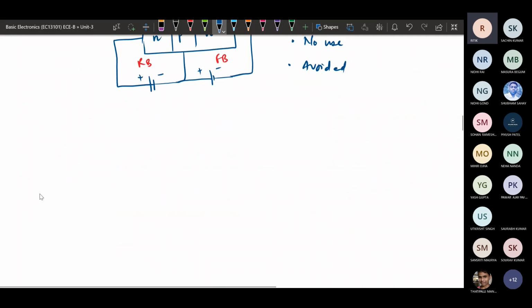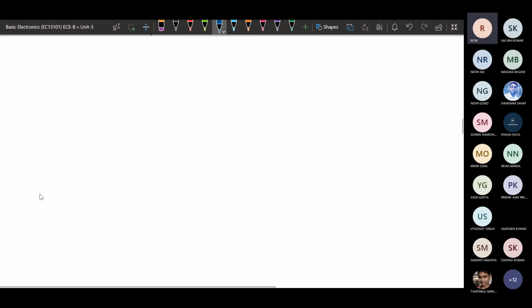The basic mode of operation that we will be most frequently using is the transistor working as an amplifier. That means the transistor will be operating in active mode. So we will see how the active mode operation of a transistor takes place.